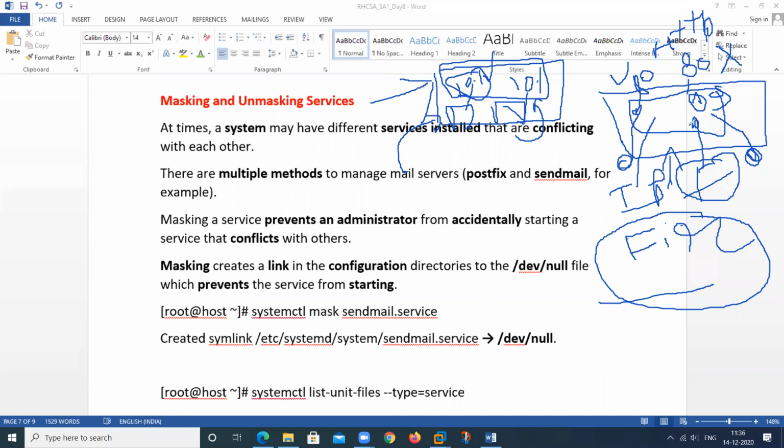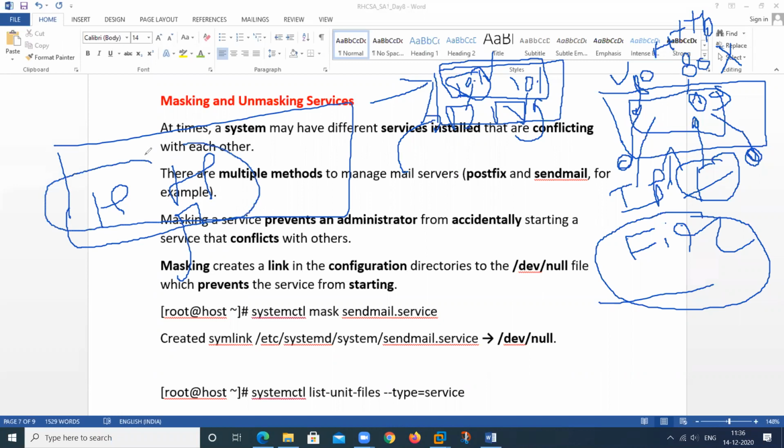Same thing here. Suppose we have a program that is Apache, and we have another thing that also provides the same thing as Apache, and we use both at the same time.